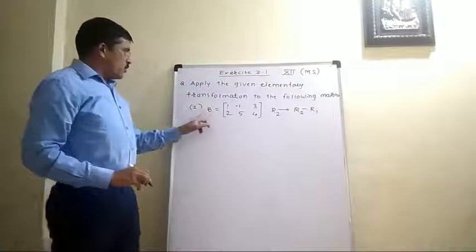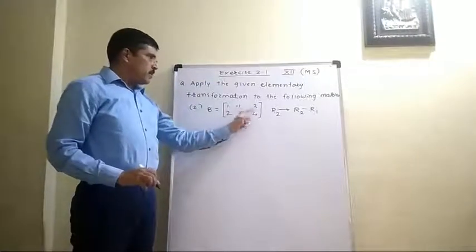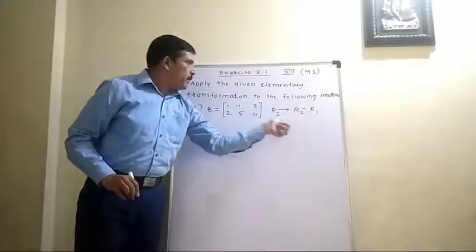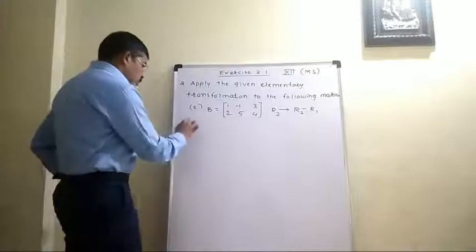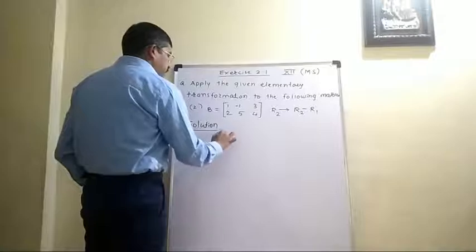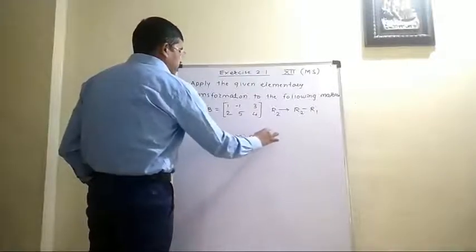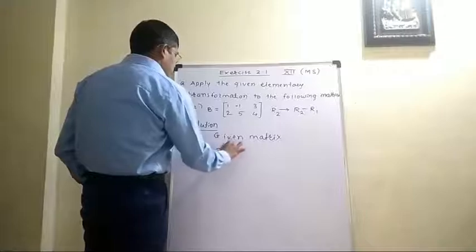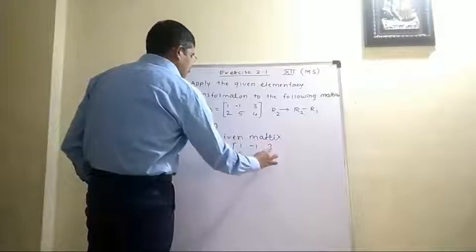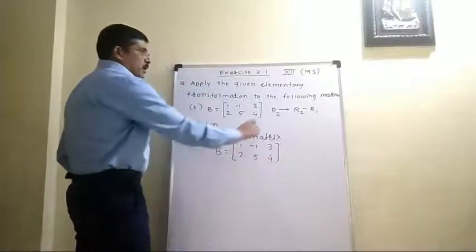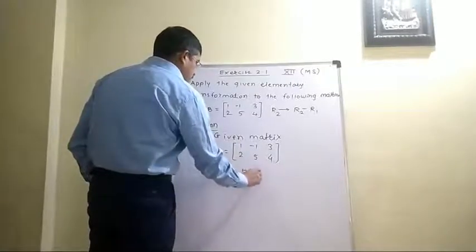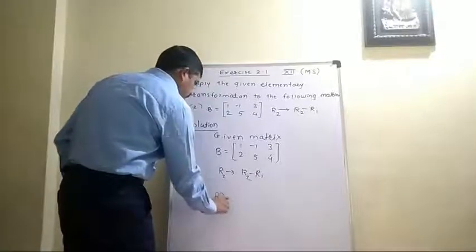In this question number 2, matrix B is given, and which operation you have to perform here? They have given us the operation R2 minus R1. It means they want change in R2. Let us see the solution. Given matrix B equal to 1 2 first column, -1 5 second column, and 3 4 third column. As per the operation given here, we can write R2 gives R2 minus R1. Then B is equivalent to,